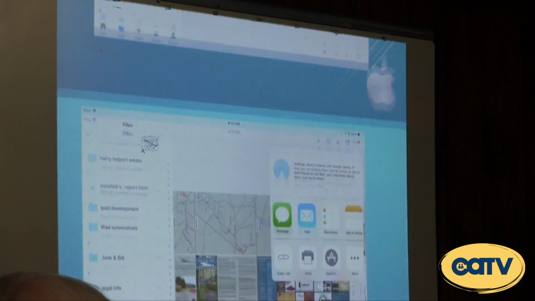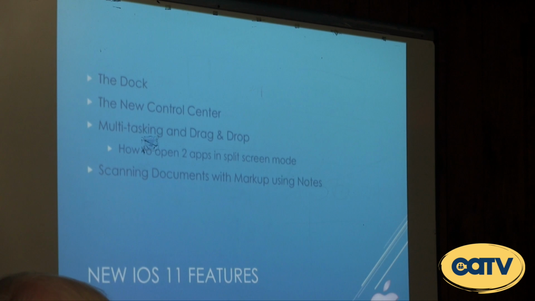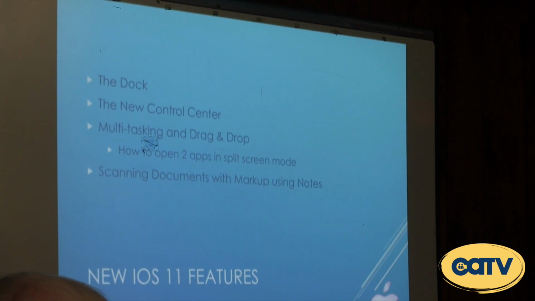Excuse me, because I had to restart my computer. This didn't help anyway. But so then